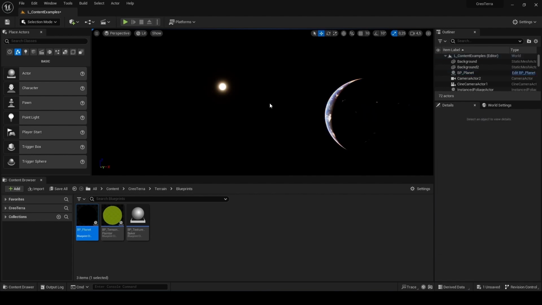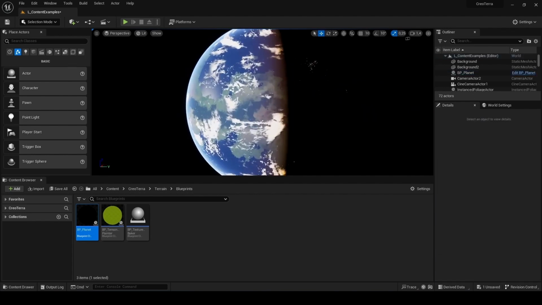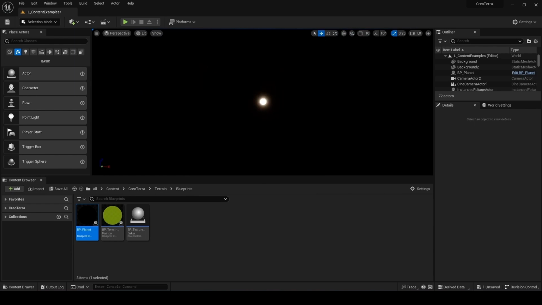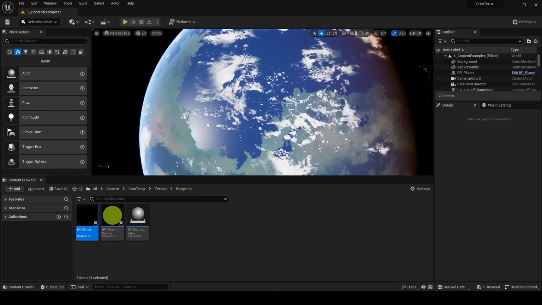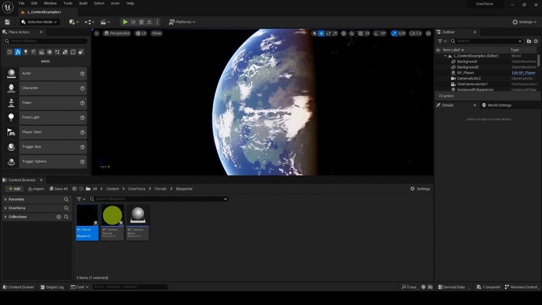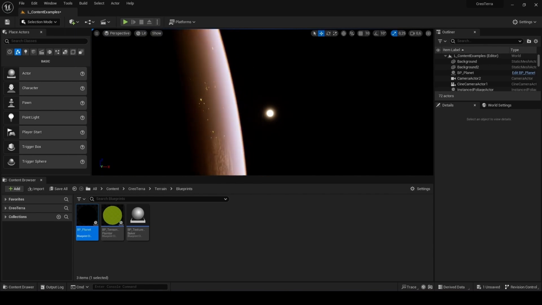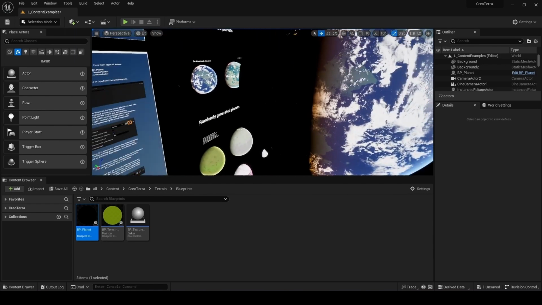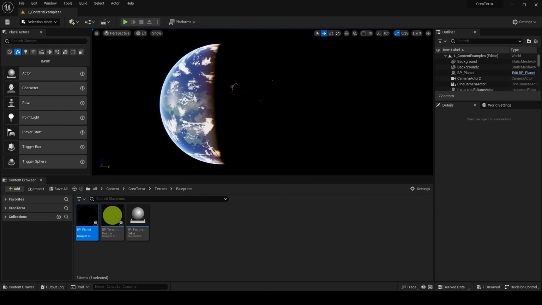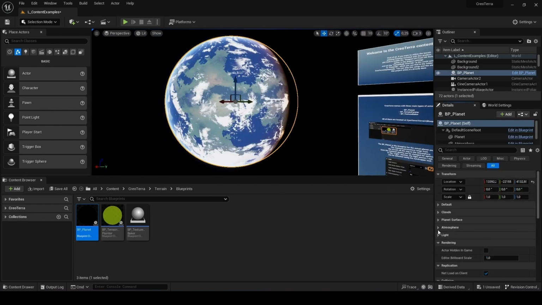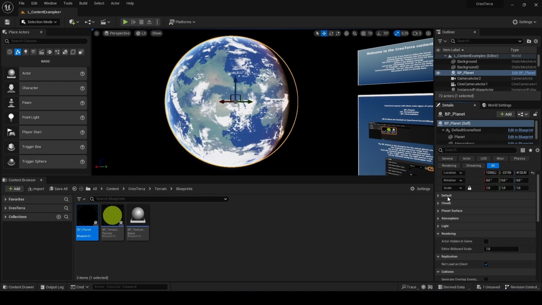So right now, lighting just updated to actually match the position of this light source relatively to the planet, and you can actually see the sunsets now. I mean, proper sunsets. Yeah. Much more importantly, you have lots of settings like the atmosphere and the planet surface, the clouds, and even the default settings here,